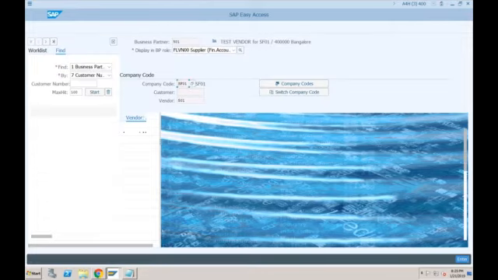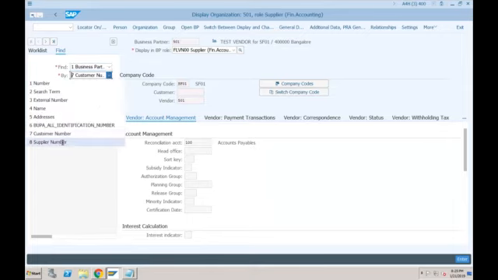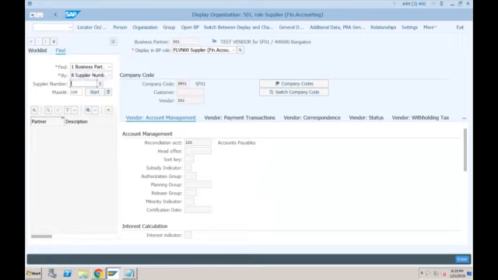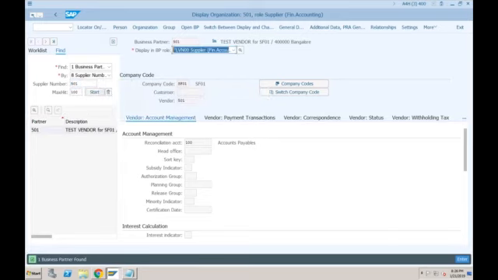I'll open the same vendor. If it is already open, good. If it is not open, you have to specify the customer or vendor number here. Currently you can see this is the find selection, what you want to find. If you know the vendor number, specify the supplier number. If you know the customer number, specify the customer number. We know the supplier number, which is 501. Just press start and double click on it, and it will come here.